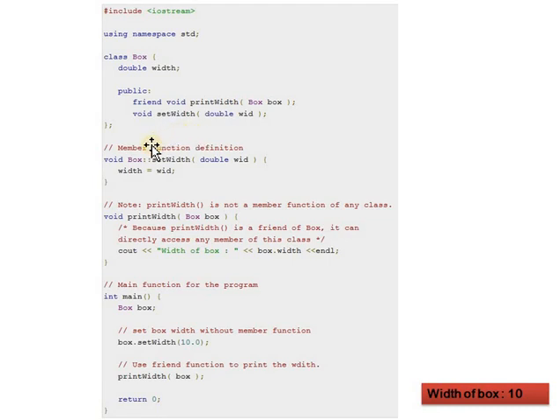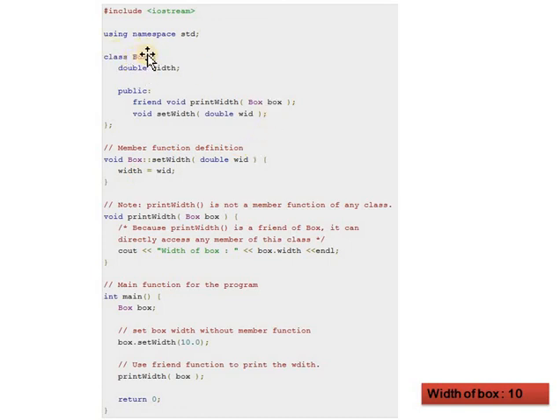Then the member function definition is given here. The normal member function is accessed by using the scope resolution operator. Here the width value is assigned. Then our friend function print width is called directly, because print width is a friend of class Box.